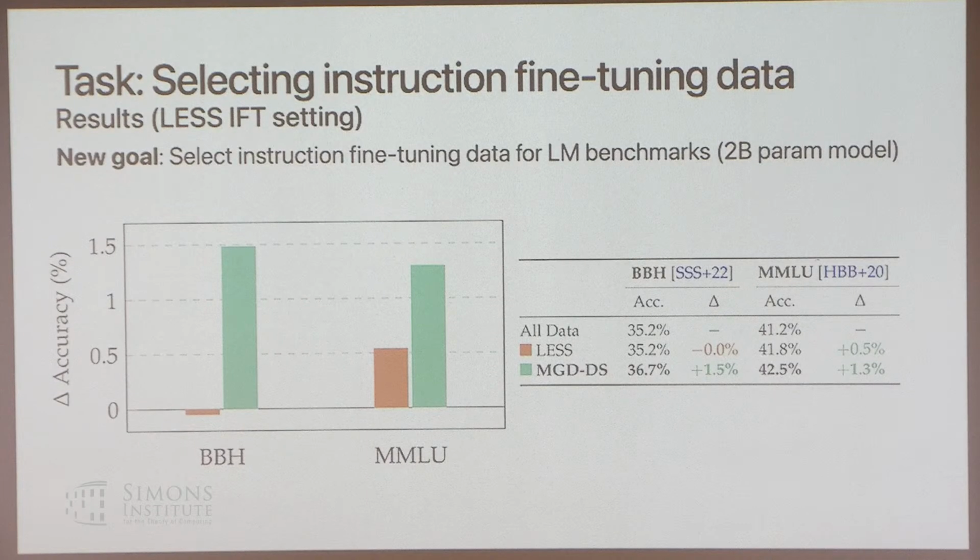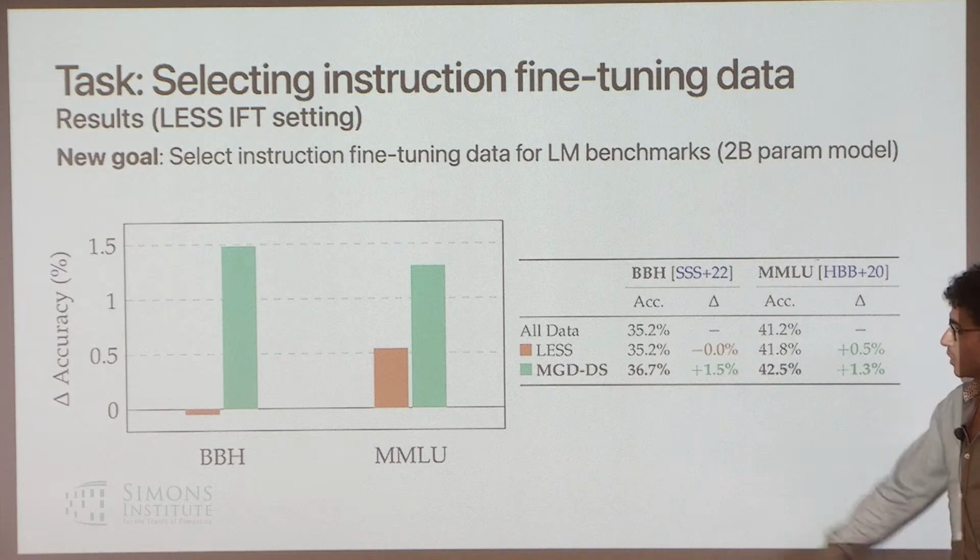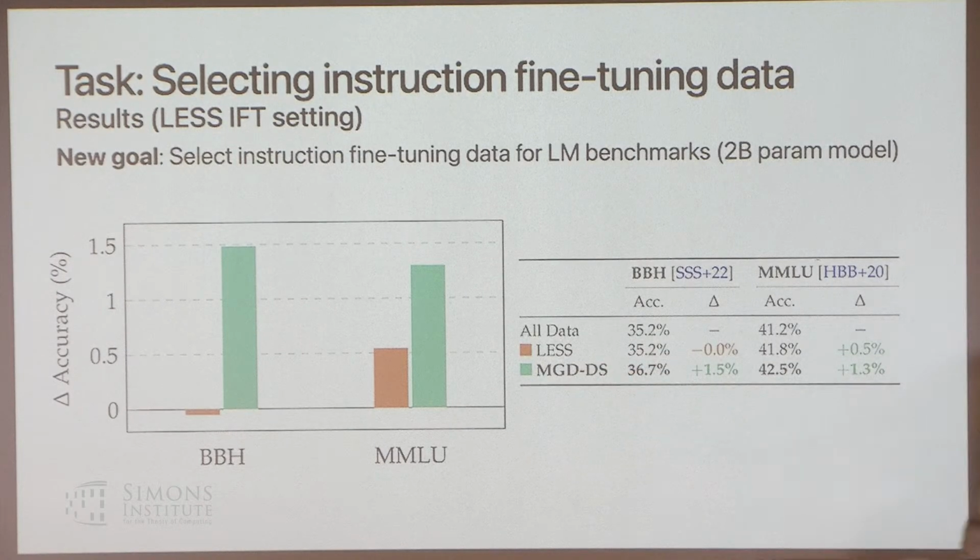But this is a paper from Xia et al. from Sanjeev Arora's group. And so the baseline method called LESS sometimes improves performance, sometimes slightly hurts performance. But by just doing gradient descent on the weights of the instruction tuning data, you can find an instruction tuning data set that consistently helps performance.